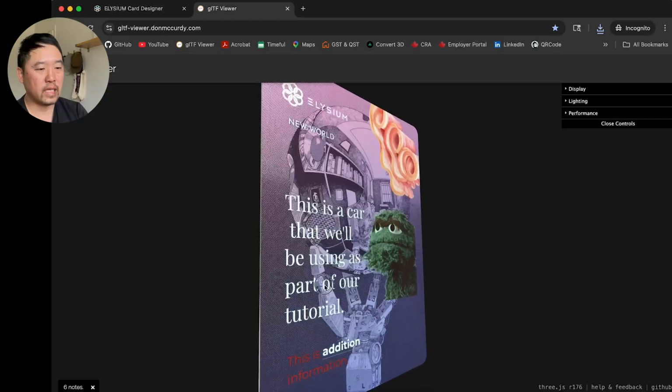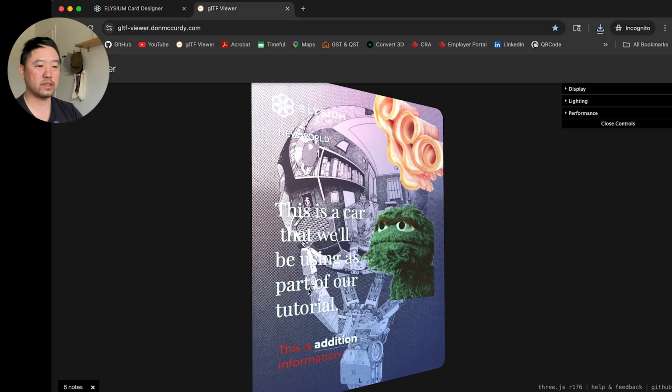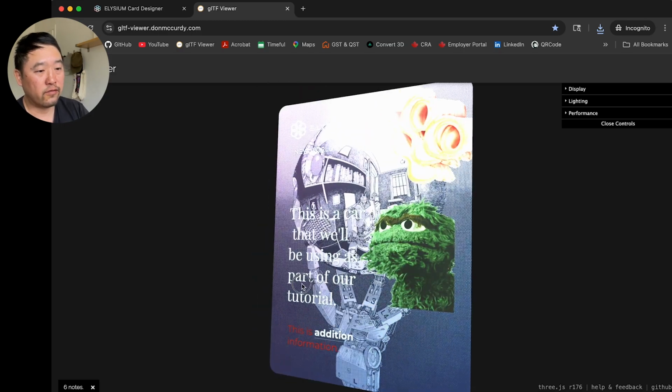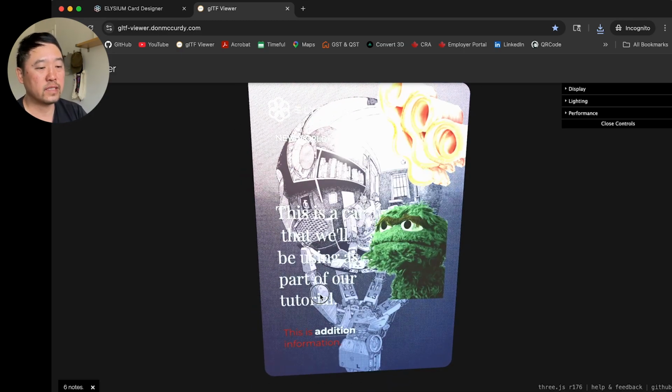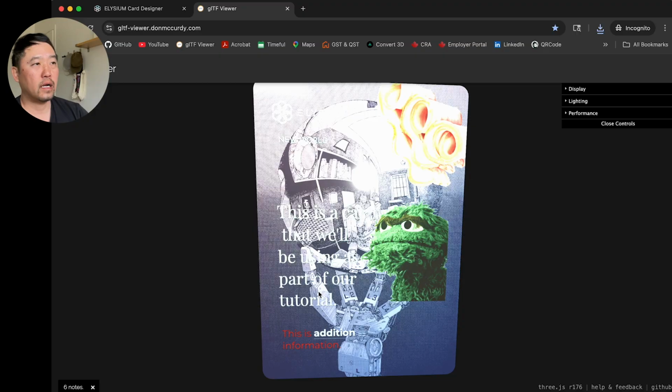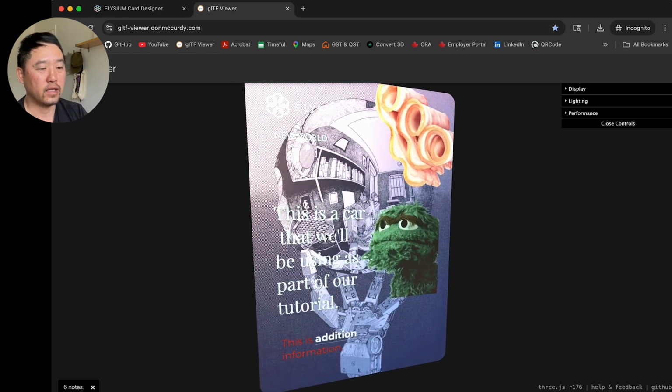One thing to note as an AR, in Elysium, for example, we actually support dynamic lighting, which means that wherever you are in the environment, it will pick up the environment lighting and allow it to affect how the card actually looks. So if something is very metallic, Elysium will take the real world settings and create reflections on the card or any metallic object that you place.